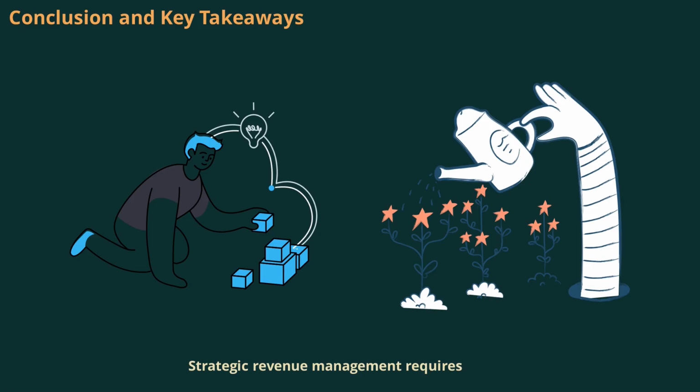success. Strategic revenue management requires a holistic approach, balancing financial analysis, ethical considerations, and non-financial factors. By mastering tools like CVP analysis, understanding relevant costs, and applying structured pricing strategy, businesses can make informed decisions that drive profitability and long-term growth. Remember, the best decisions are those that align with both organizational goals and stakeholder interests, ensuring sustainable success in a dynamic